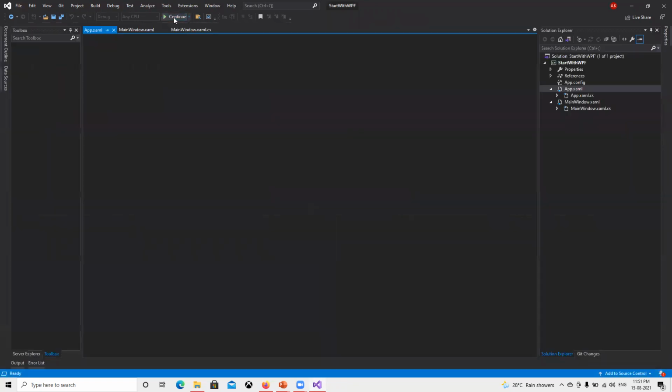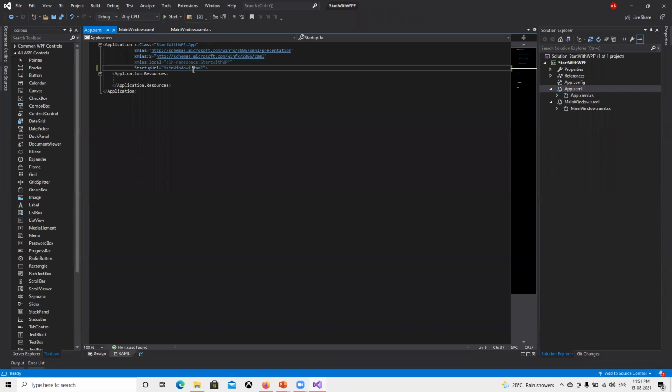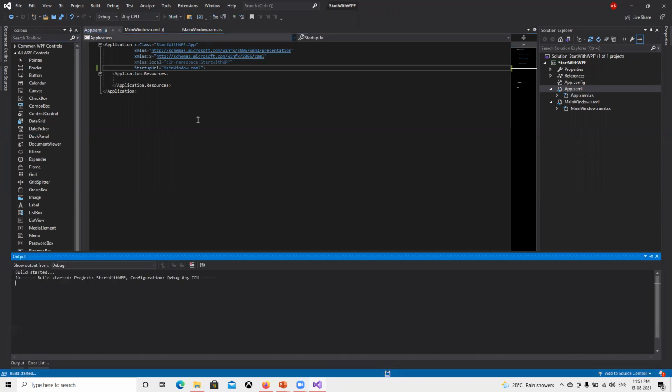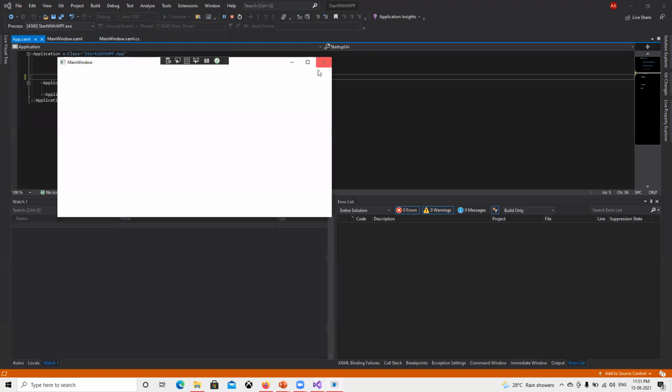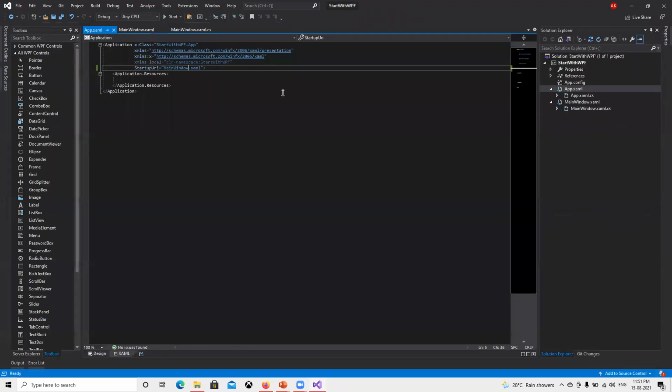What I did was change it here, so it's not able to open anything. Now if I change it back to MainWindow.xaml and click Start, we can see that it's working fine.